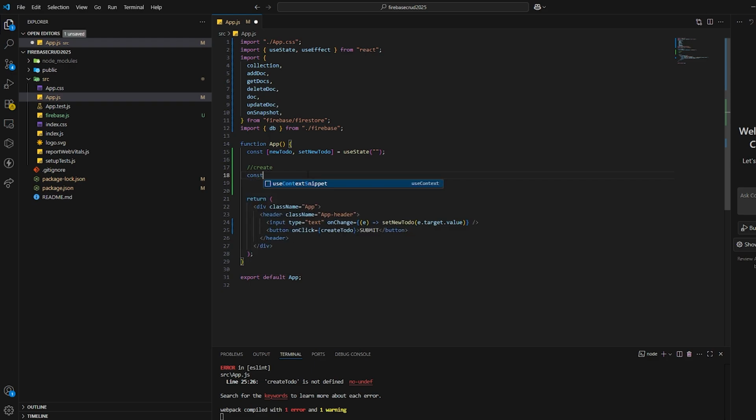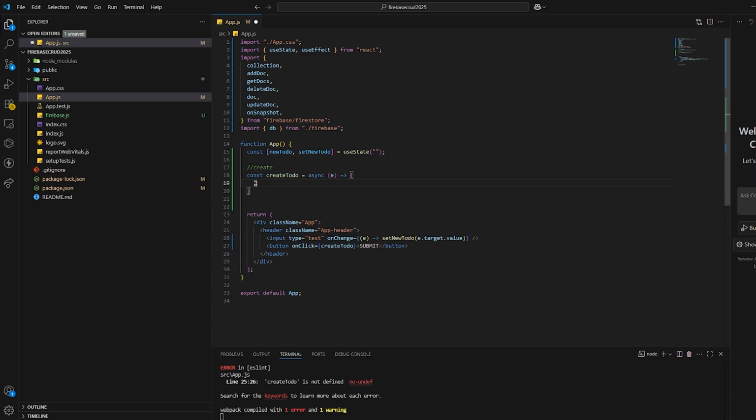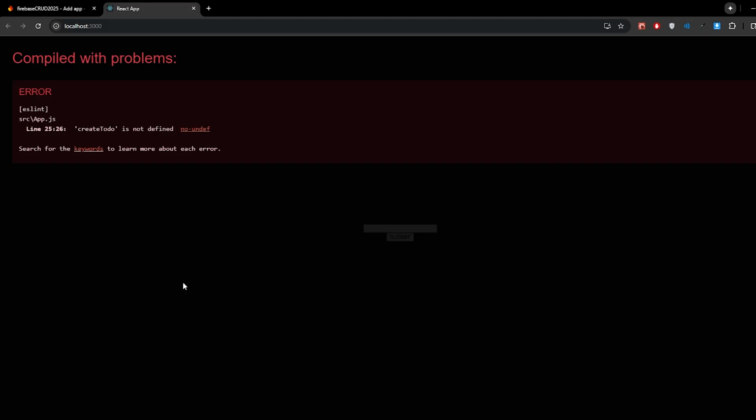Here we're going to do const createTodo async. We're going to pass in the event, and we're going to use the addDoc function from Firestore. So once we have our to-do's text, let's go back to our website. It's yelling, it's saying that createTodo is not yet defined. That's what we're doing right now. So if you see this text input and the button, once we set our text, our to-do,